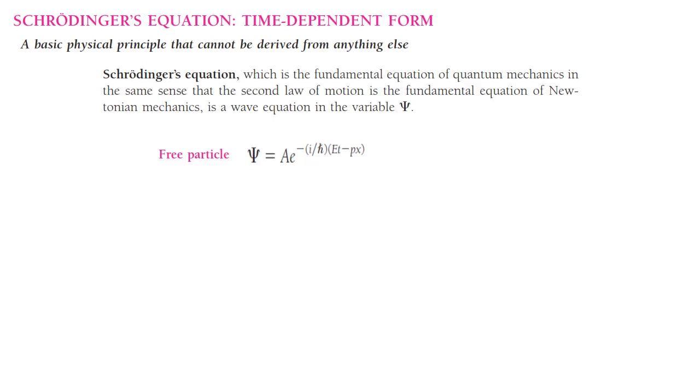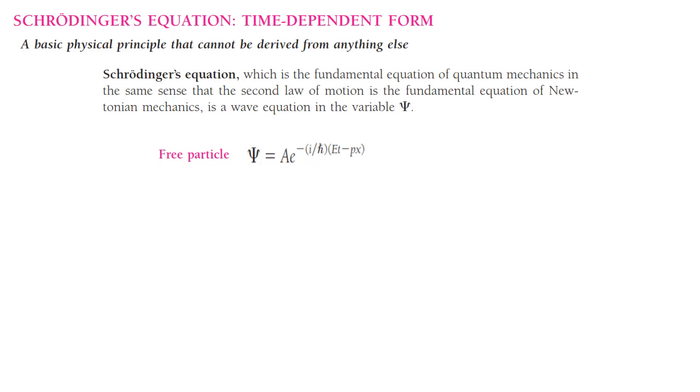So the Schrodinger equation we are going to discuss now was given by Erwin Schrodinger in 1926. Right now we'll discuss the time-dependent form of the Schrodinger equation. The Schrodinger equation basically cannot be derived from any other basic principles of physics, because it is a basic principle in itself, so no one can derive the Schrodinger equation.